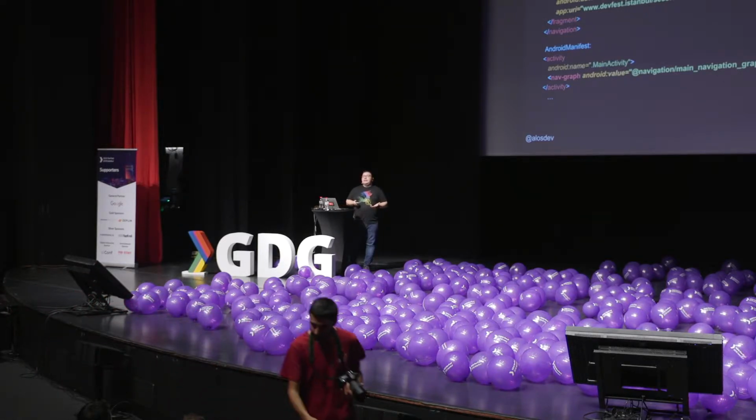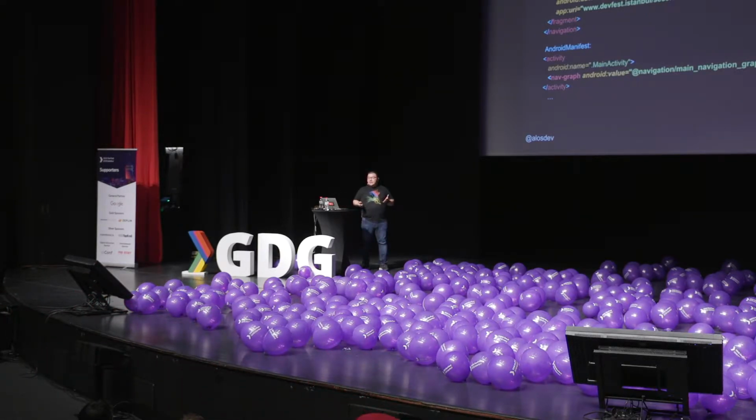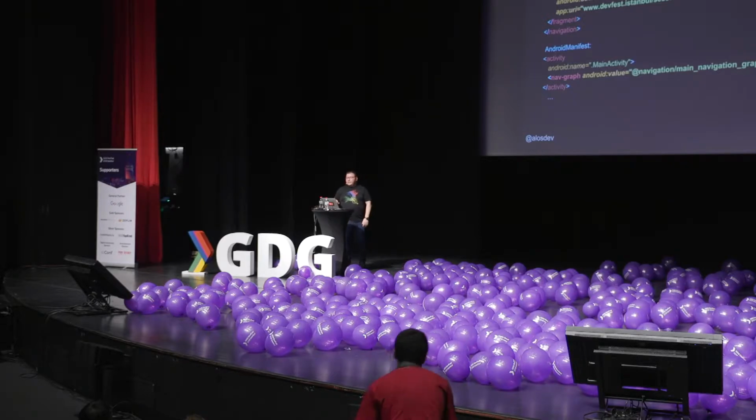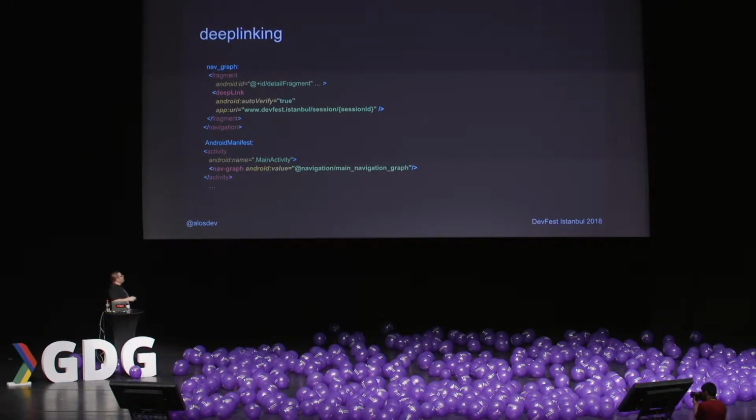You can also do deep linking with the navigation graph. Therefore, you just have the fragment, add there the node deep link. You have to say which URL that is. You don't have to add the protocol because the protocol is generated automatically for you for the manifest. You can still use parameters like this one, the session ID. So that's an argument which you can extend. And the auto